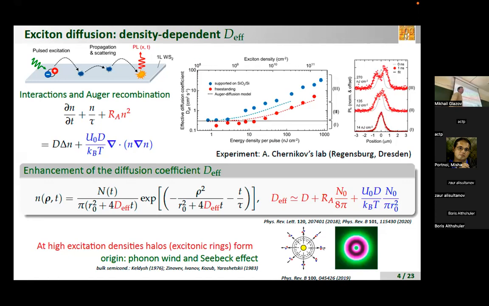So basically, two effects are clear. First of all, with increasing excitation power, the distribution of excitons becomes much broader. And if you just evaluate the effective diffusion coefficient from the expansion rate, you basically get a significant increase, by almost 2 orders of magnitude, of the diffusion coefficient with increasing exciton density in the pulse. But also at rather high excitonic densities, you can see that the distribution is now definitely non-Gaussian, and there is even a dip in the middle. So at the point where you shine the light, for some reason, the intensity is smaller, and there is a kind of ring or halo which forms